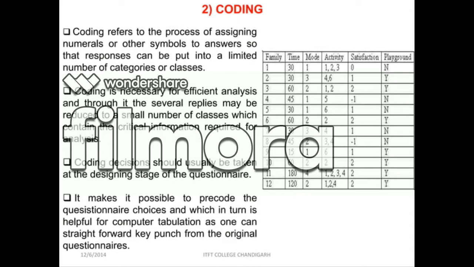So let's talk about coding now. Coding refers to the process of assigning numerals or other symbols to answers so